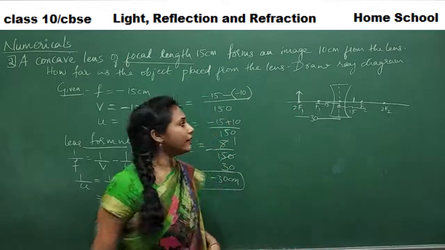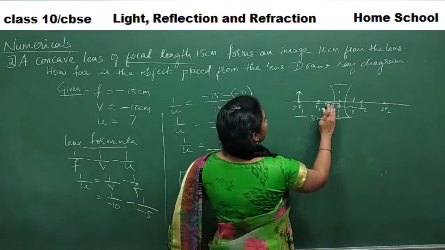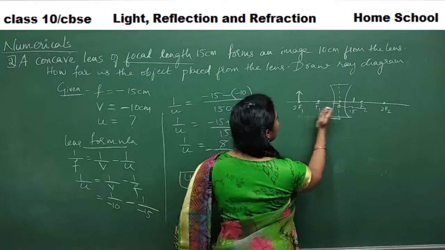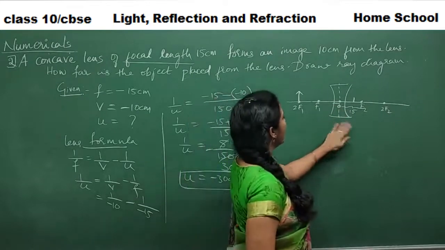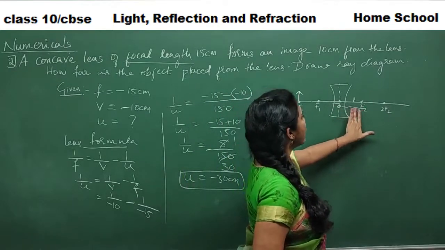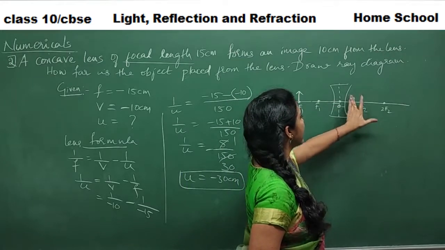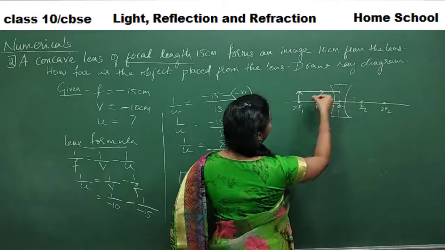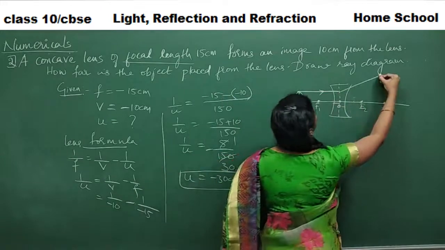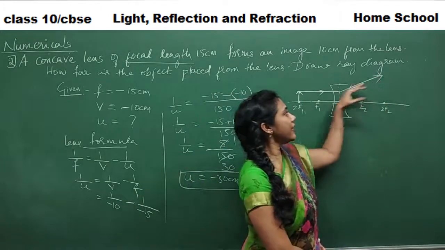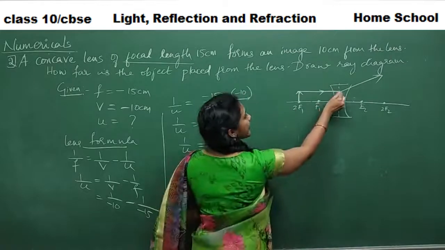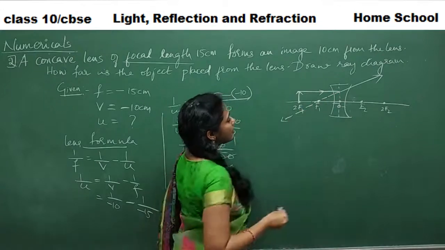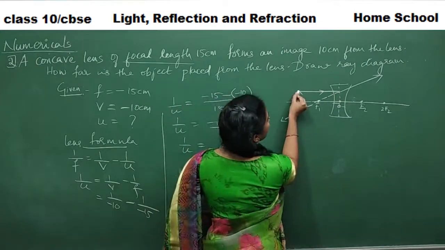Now let us draw the ray diagram. Okay, fine. So let me erase this 15 centimeter and all of that. Not necessary to show actually. Okay, if you want to show, you can show. But here I am just rubbing all this to avoid messing up with the things. Okay, fine. See, I'll take an incident ray, first an incident ray parallel to the principal axis, then it diverts, right? So divergence of the ray takes place, it deflects that way. But if you extend this refracted ray, it appears to pass through the F1 focus.